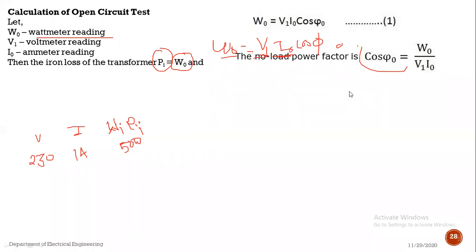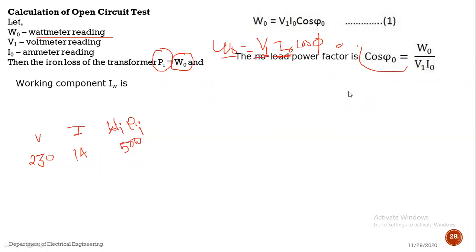Once the no load power factor can be calculated, we are able to calculate the component of the no load current. No load current चे आपण component calculate करू शकतो, that is working component. And the second one is that magnetizing component, that is IW and I mu or IM. IM न represent करतो किंवा I mu न represent करतो.